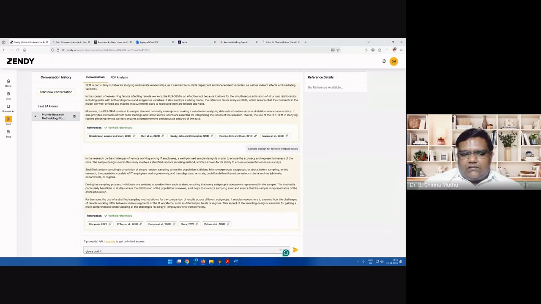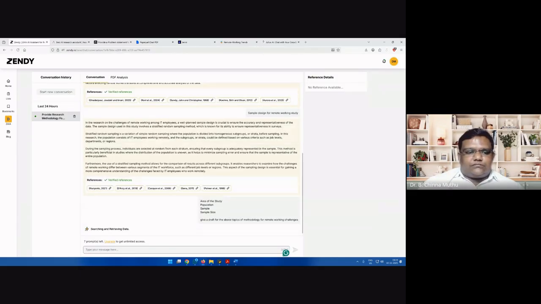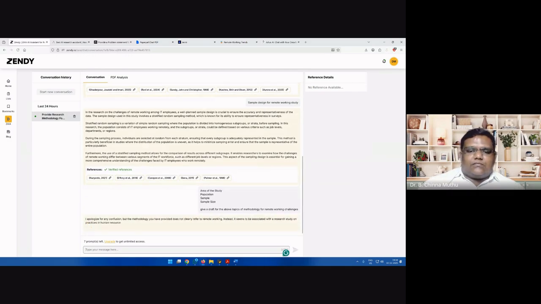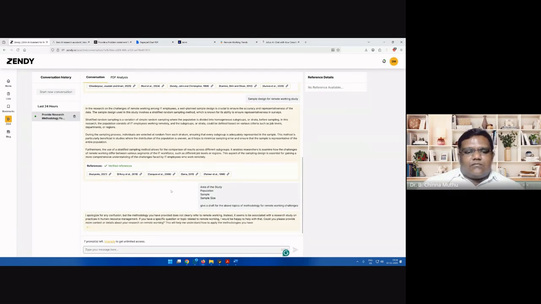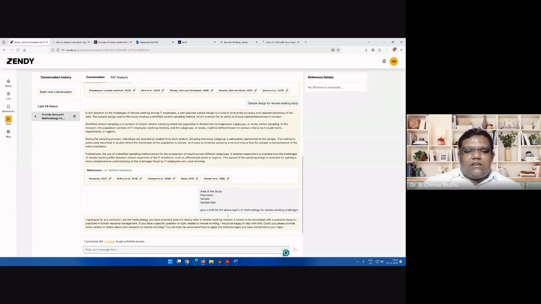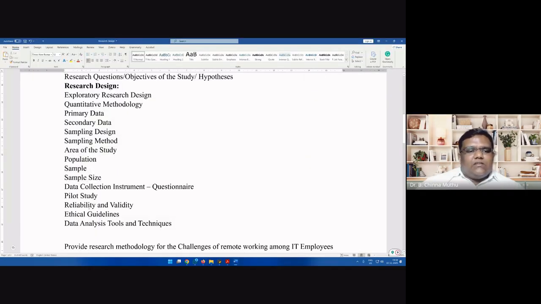Give a draft for the above topics of methodology for remote working challenges. Can you see the prompts are actually reducing? The free prompts are 10 in total. So you have to give proper prompts to get the detail. Okay, now it is not taking up the list. Okay. So from this, we can even give